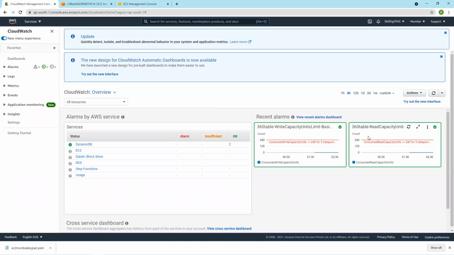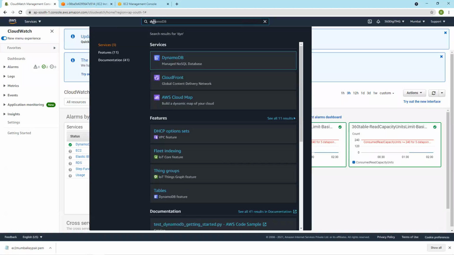Already there are two alarms. I have not set up these alarms. This is a new AWS account which I created yesterday. How did these alarms come, guys? These two alarms came with the DynamoDB table, right? When I created my DynamoDB table, I went with default settings.